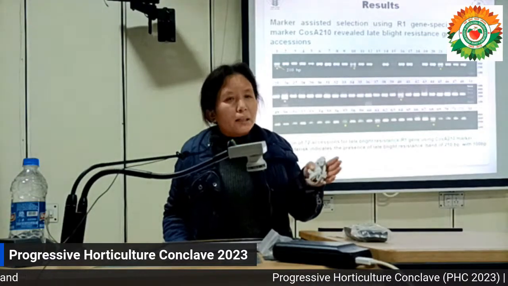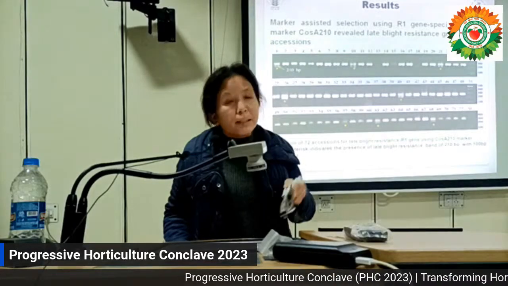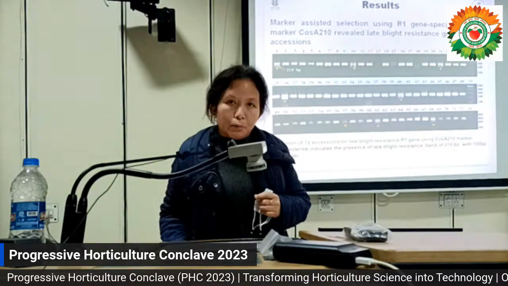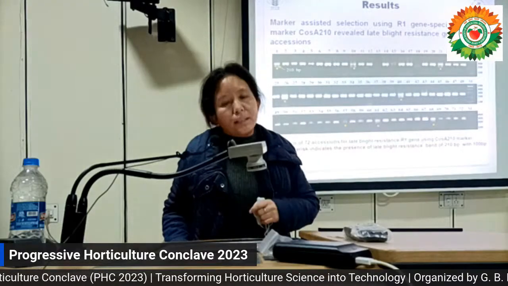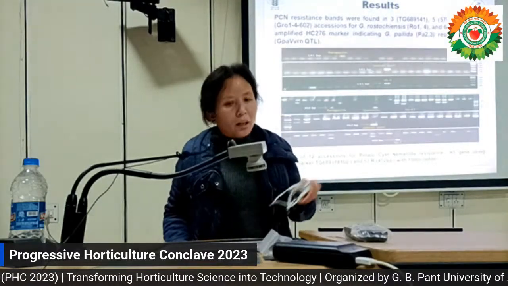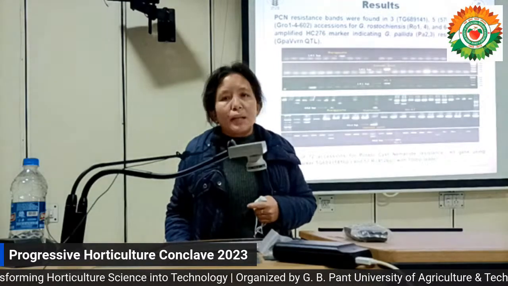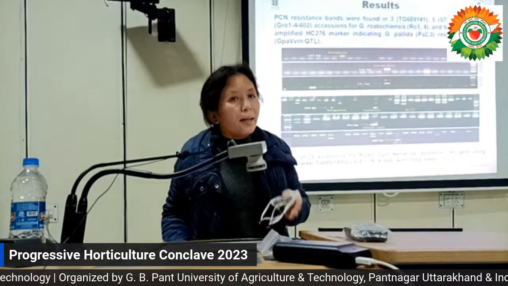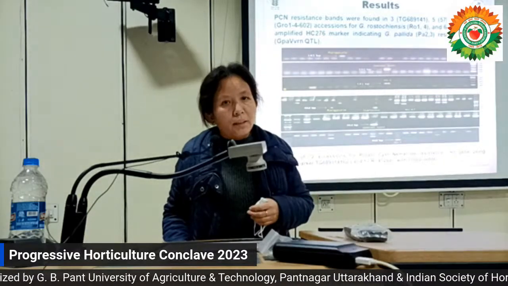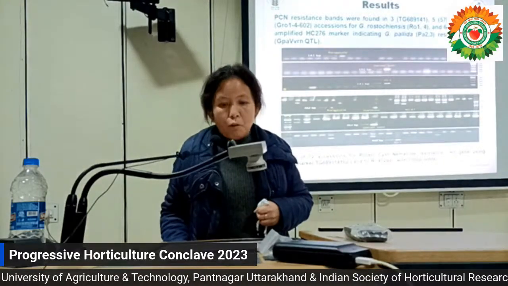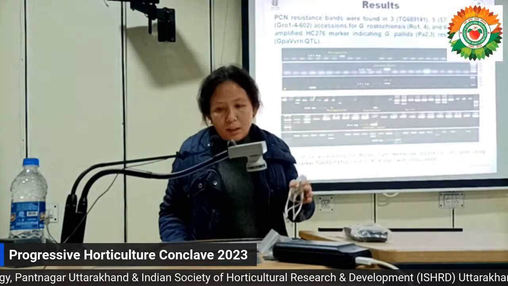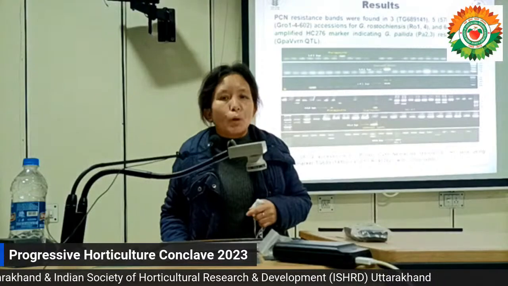Out of the different markers for late blight, for R1, there were only 11 accessions out of 72 that had the marker R1, which is controlled by the COS8 gene. While for Globodera rostochiensis, 3 accessions had the TG689, 5 had the 57R, and only a single accession had the GRO14 gene at 602 base pair. While for Globodera pallida, controlled by the HC276 marker, 64 accessions showed positive results.